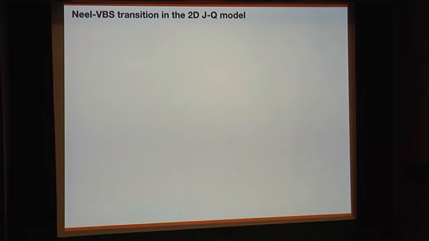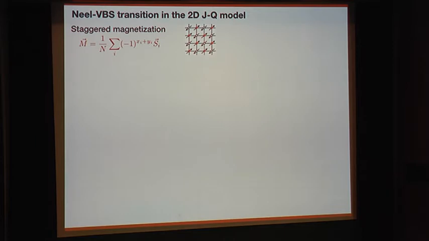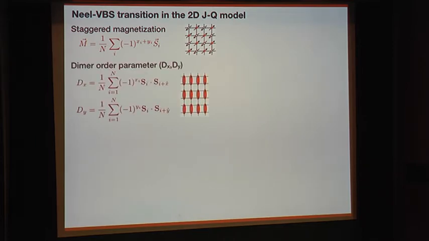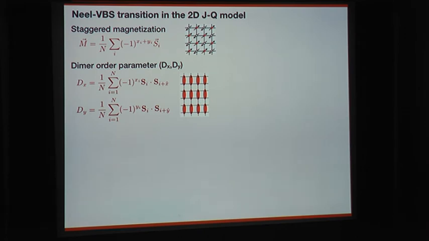I already have mentioned a few times that the JQ model has a valence bond solid state, and it has, of course, the null state. So we can look at the null and dimer order parameters and see how they behave in the JQ model. So we have already discussed the null order parameter. Let's discuss the dimer order parameter a little bit. So this is the kind of dimer pattern we have in mind. So these again should be singlets. So the singlet strengths can be measured just by these nearest neighbor correlations. And then we have to put in some phase factor to correspond to the kind of pattern we have, and we can have the dimers, the singlets in the X or Y orientation,